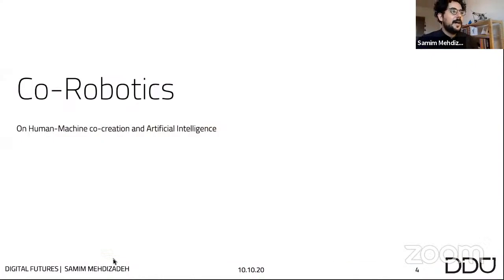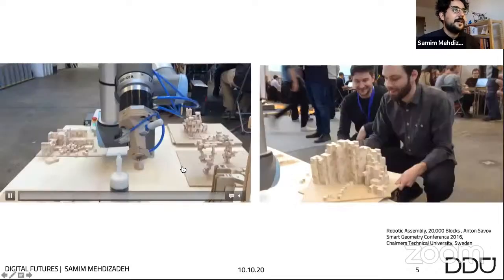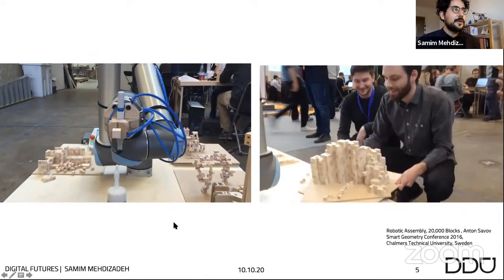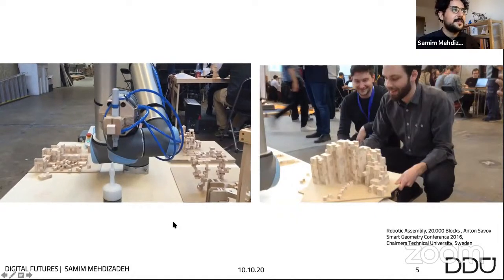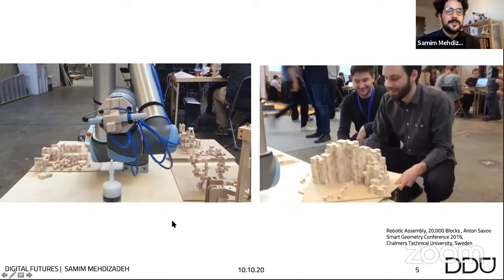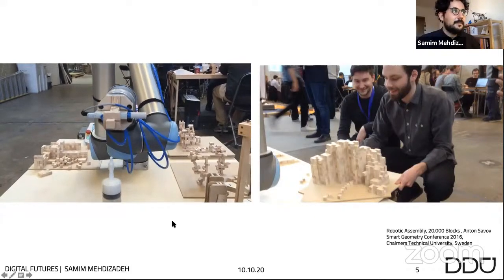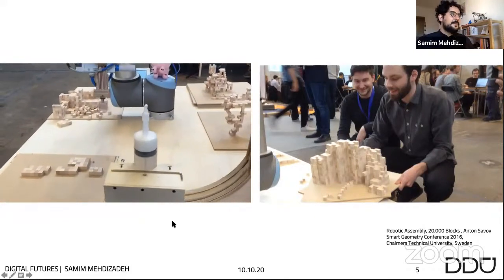So I'm going to give a brief introduction about what we are doing with robots in general. One of our strong focuses is on co-robotics and human-machine collaboration. This is one of the early prototypes from 2016 at Smart Geometry at Chalmers University, Gothenburg, in Sweden,